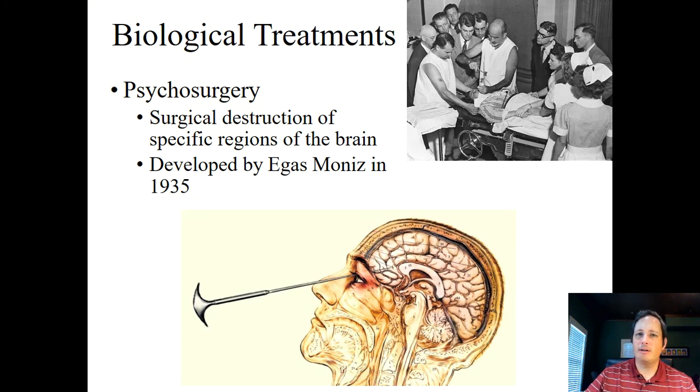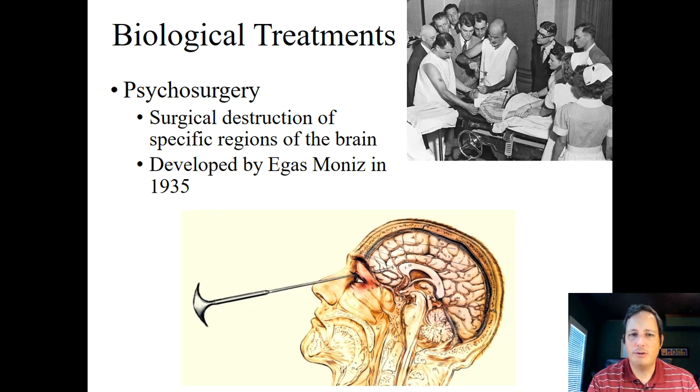Another approach was something called psychosurgery. It's a surgical destruction of a particular part of the brain, and it depends on where they think the issue is with that brain to go in. So it literally is brain surgery. Now, this also has a really bad reputation because of one man, and that's Egas Moniz, and he developed what